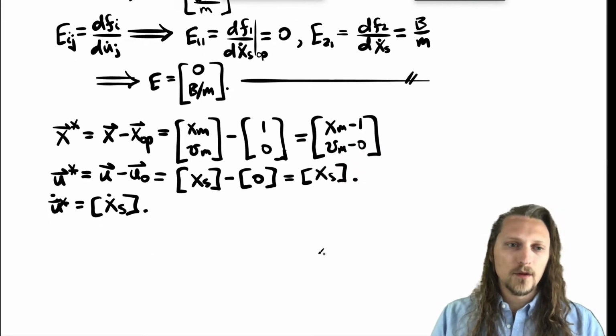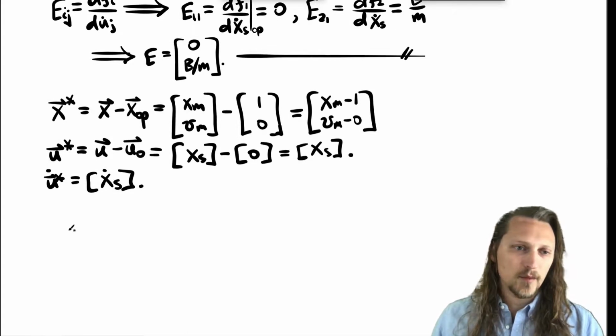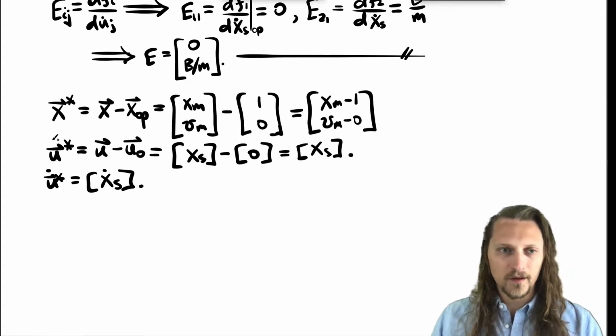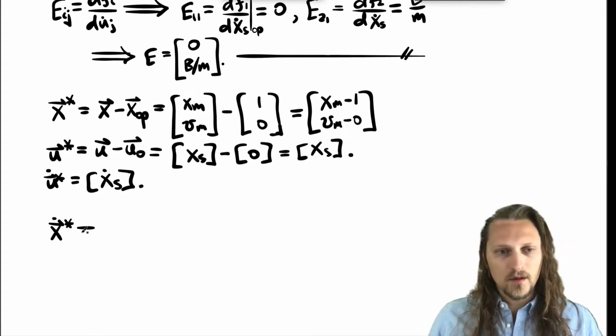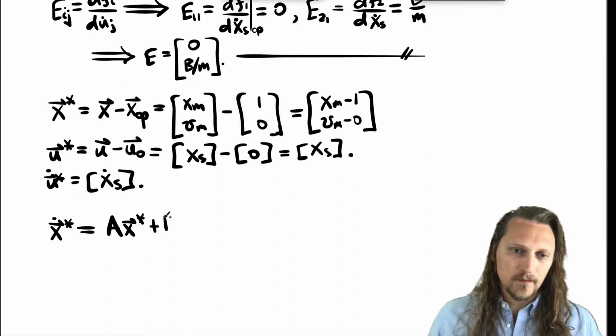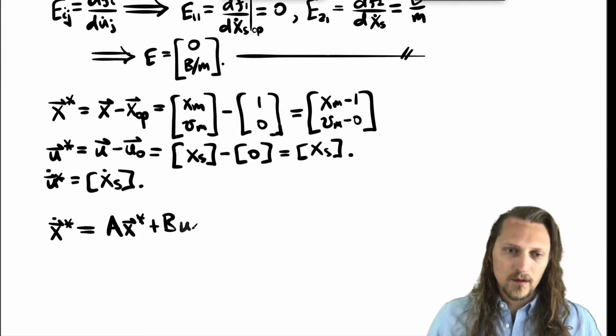Okay, so in these new state and input variables, where the only one that really changed is the first state variable xm, then we have a state space model, which is x star dot equals A x star plus B u star plus E